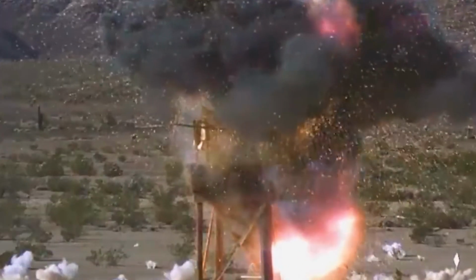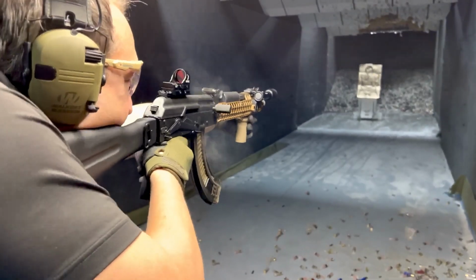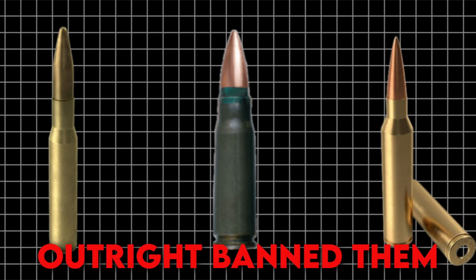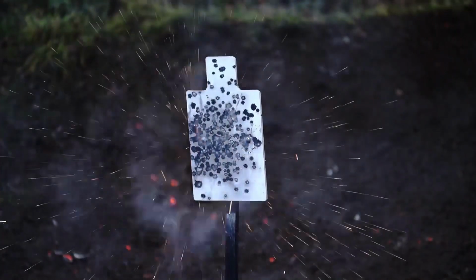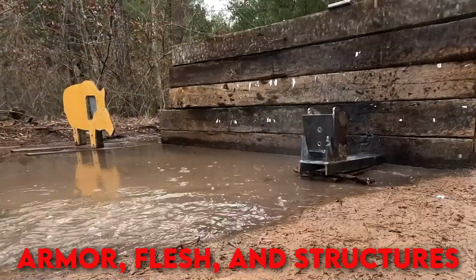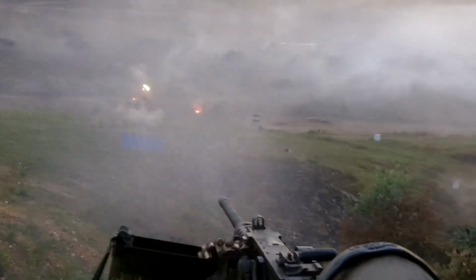Ammunition has always played a critical role in shaping warfare and self-defense, but some bullets are so devastating that most countries have outright banned them. These rounds aren't just deadly, they're designed to cause maximum destruction, tearing through armor, flesh, and structures with terrifying force. Today, we're diving into 15 of the most dangerous and restricted ammunition types, starting with a true powerhouse, the 50